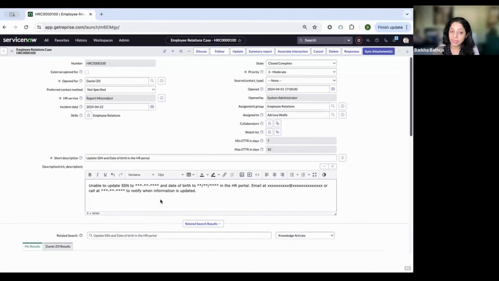We still need to keep the incident and the business context for audit and record purposes, but we don't need to keep the sensitive data. That's the reason we've anonymized the sensitive data, but we have also kept the business context in terms of when the incident was opened, when it was closed, what the user wanted. We have all the business context here without oversharing or having any sensitive data leakage.